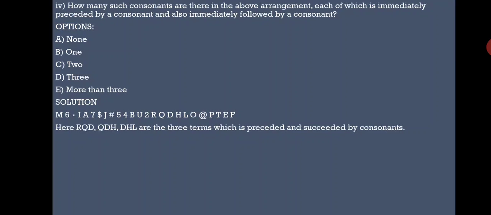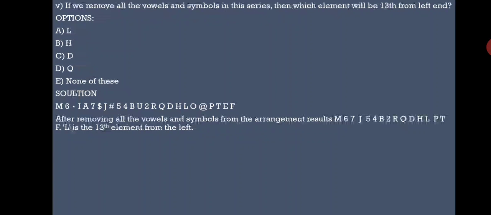How many such consonants are there in the above arrangement, each of which is immediately preceded by a consonant? So before the consonant will be a consonant, and after the consonant will also be a consonant. Options are given. Solution: first write the question term. After checking the possibilities, three terms are required: RQD, QDH, DHL are the three terms which are preceded and